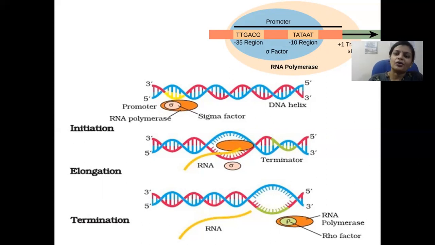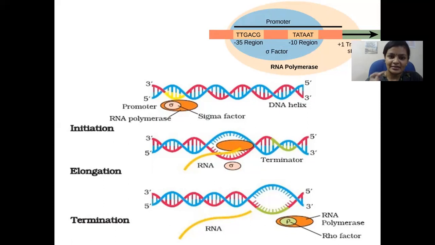Which is why it is called a consensus sequence, and these are the stages. First, there is a recognition happening, recognition of the promoter elements. These recognition sequences constitute what is called the promoter region of a gene. So these promoter sequences are recognized by RNA polymerase, or rather the sigma factor of the RNA polymerase, and